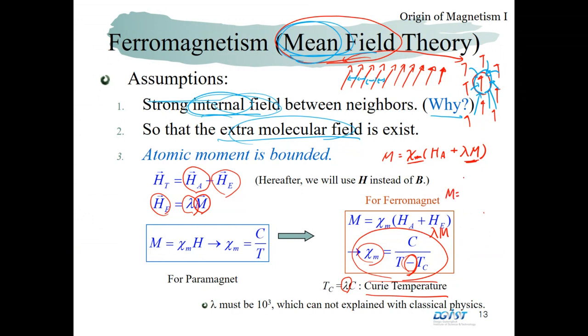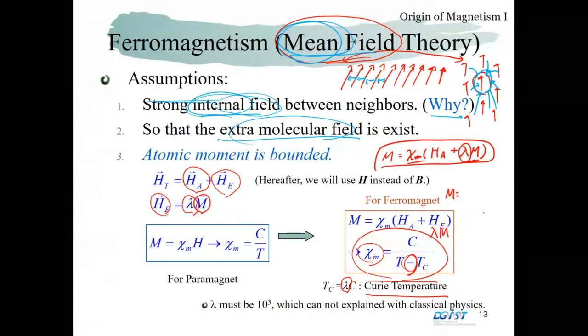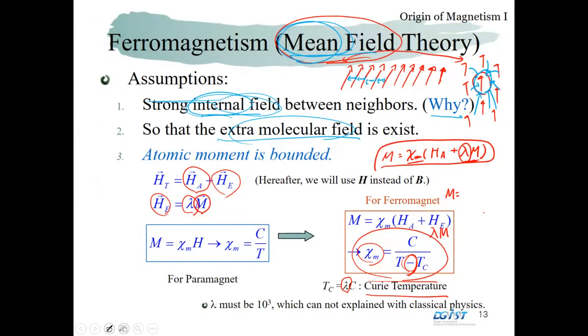We already wrote this relation here, and so this lambda is actually this term, so we can rewrite it as lambda C here. So if we divide by C on both sides,